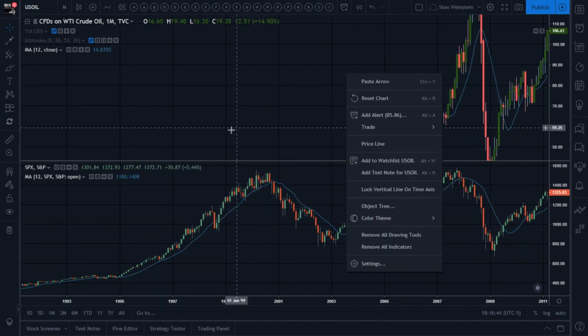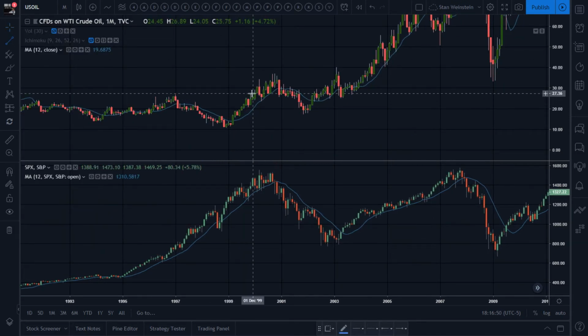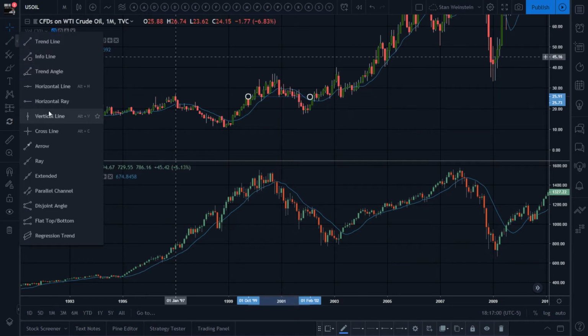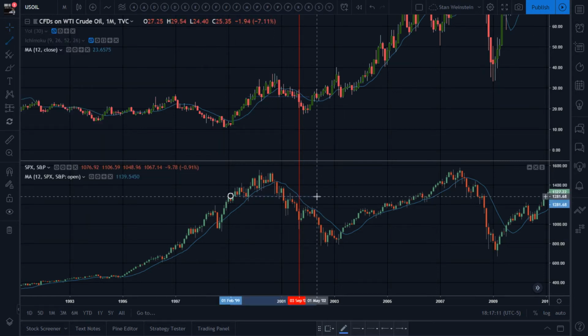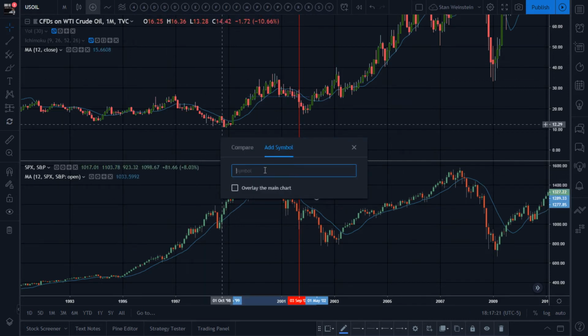Oh, that mountain. Whoa, there you go. So we had here a small stage 4 for oil right there. We're below the 12-month moving average, really in the stage 3. And when it broke down, the market has already been... let me check. Here's my top, my SPX top. It was already declining. So really here, the correlation between the oil...